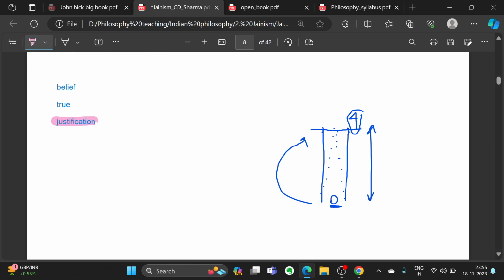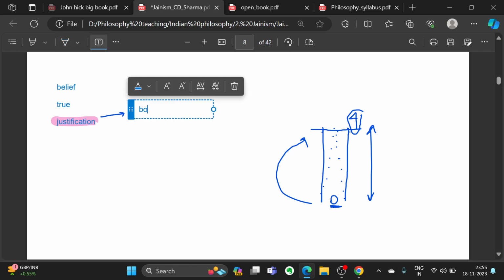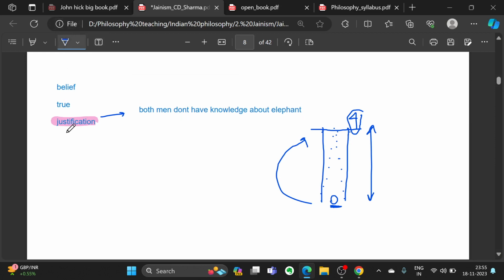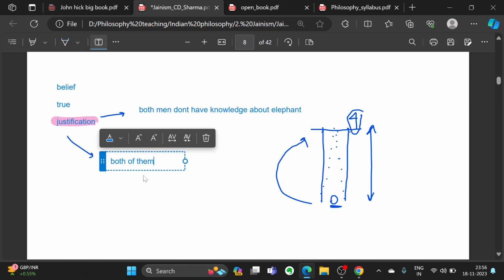So, some schools which have an absolutist view of knowledge will say that no, both of them do not have knowledge about the elephant. Both men don't have knowledge about the elephant because they only have knowledge about a certain aspect of the elephant. They don't have knowledge about the full elephant, right? But Jainas, they relax this justification. They relax the definition of this justification and they say that both of them have knowledge,